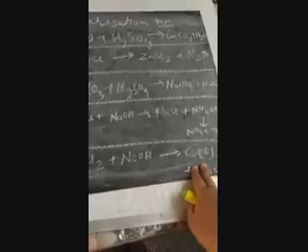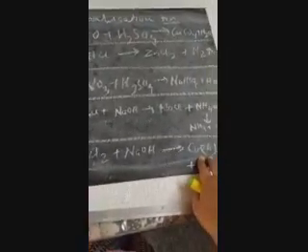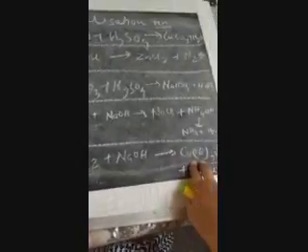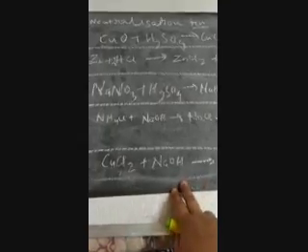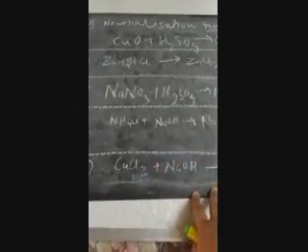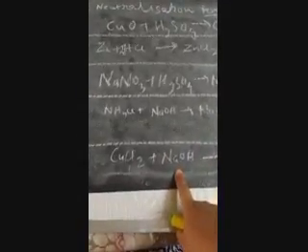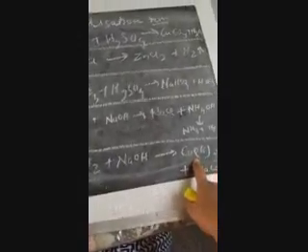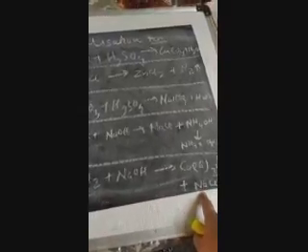So copper hydroxide preparation, iron hydroxide preparation, iron not, it will be your ferric hydroxide preparation, zinc hydroxide preparation. Here it will start with a soluble salt of copper, iron or lead, and it will combine with a soluble base to give you an insoluble base and the soluble salt. So these are how the reactions actually proceed. We have to keep in mind what type of base or what type of salt or what type of acid you are preparing.